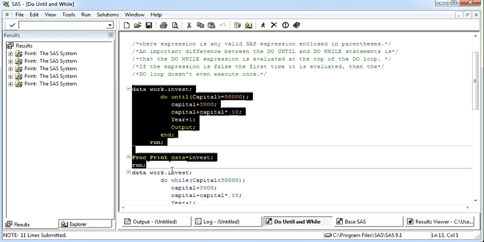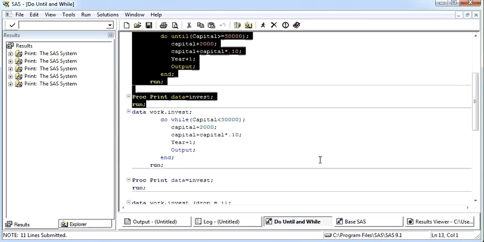So now we go to do while. The do while is not going to run if you put the same condition here, because as soon as it sees that the capital is more than 50,000, it's not going to execute. That's why for do while I put less than 50,000. For do while you have to put less than 50,000, and capital plus 2000, capital plus capital the same, year plus 1. The only difference is that instead of more than 50,000 I put less than 50,000, so as